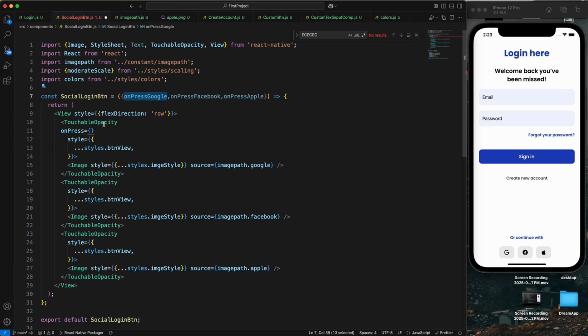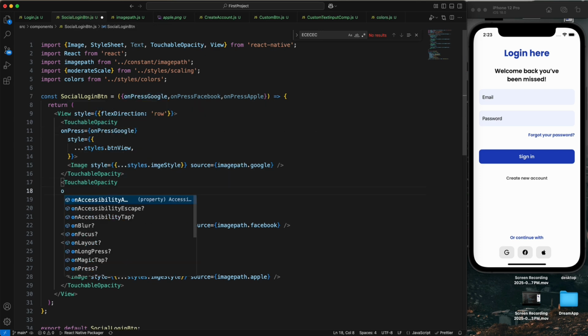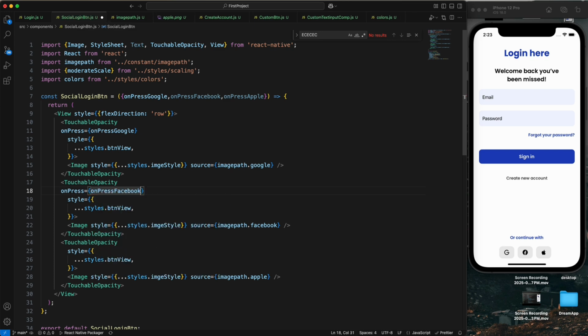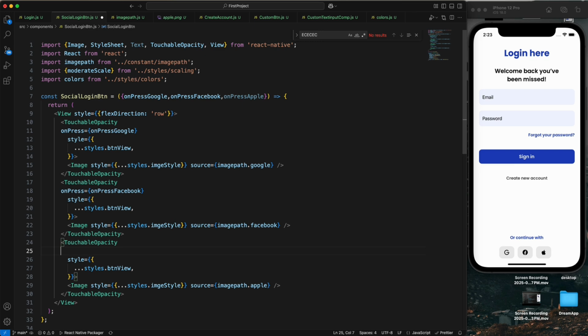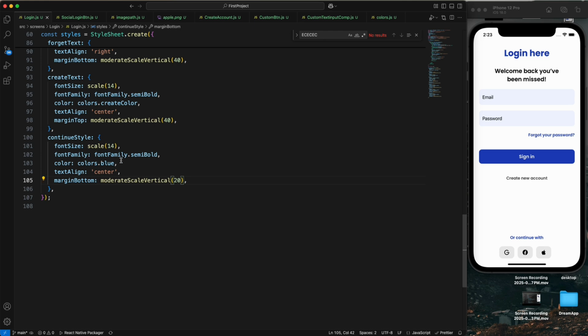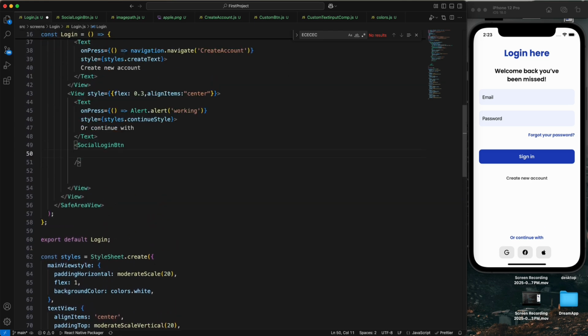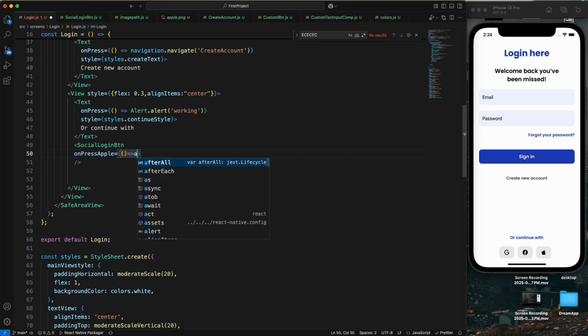So just copy these 3, paste it, and this is the on press Facebook, and the last one is the on press Apple login Apple. So let's go to the login screen again and just apply the alert on these social logins on press Apple. So let me show you alert also,